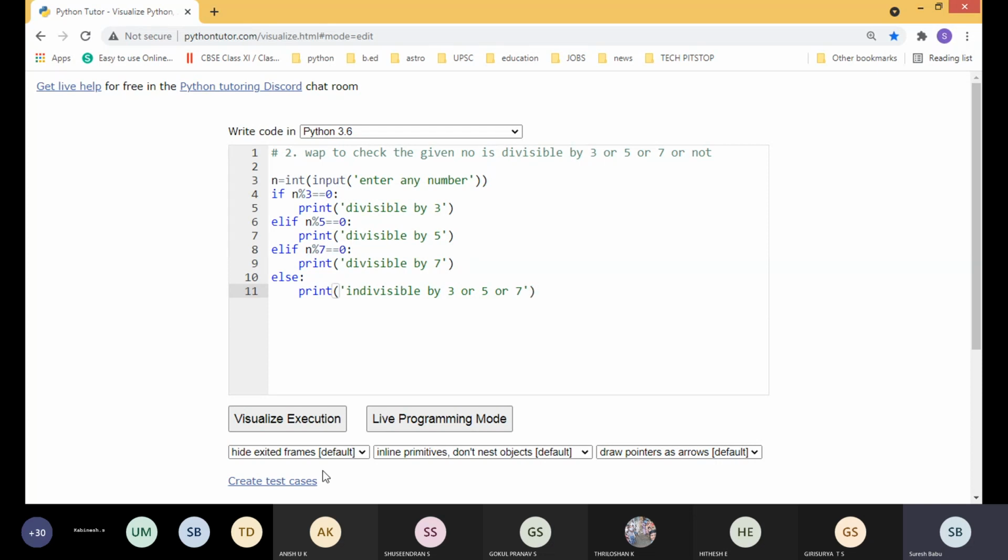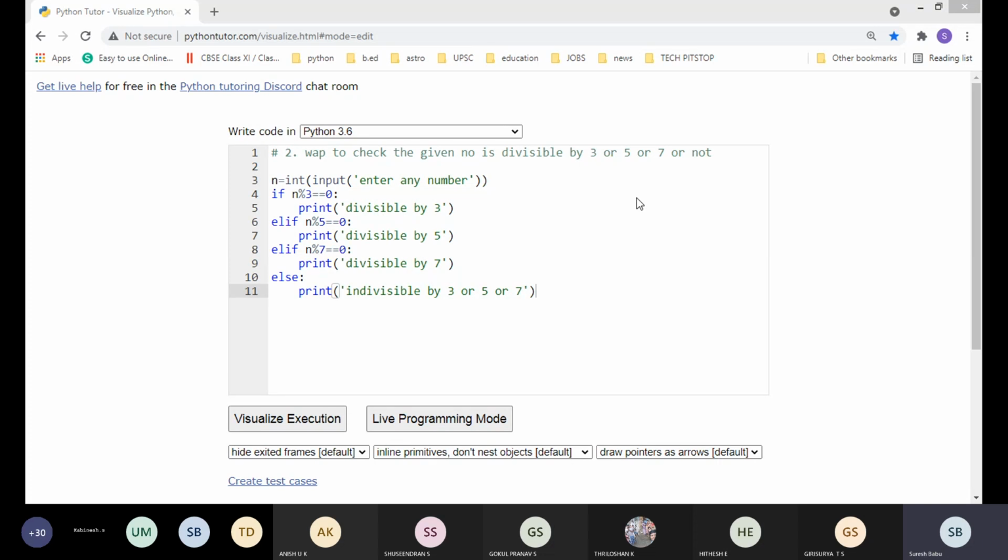Students, understood everyone? How many of you understood? Raise your hands. So this is the condition. In real life, if you want to check the particular number is divisible, you can divide that number and compare the remainder with 0.